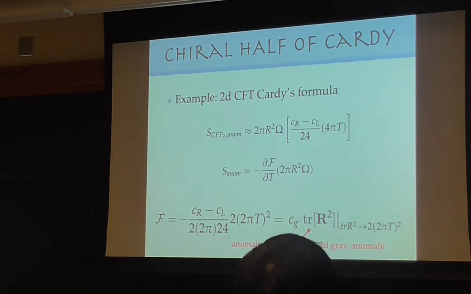Once you have this, you observe that this is linear in temperature. If you replace trace R squared by T squared, you take one derivative, you get linear in T. Now this seems to be just some weird manipulation, but in higher dimensions, this turns out to be the right manipulation to describe the answer. Let me show you the next slide. Any question about the 2D reinterpretation of Cardy? I'm going to explain why you should replace trace R squared with T squared.